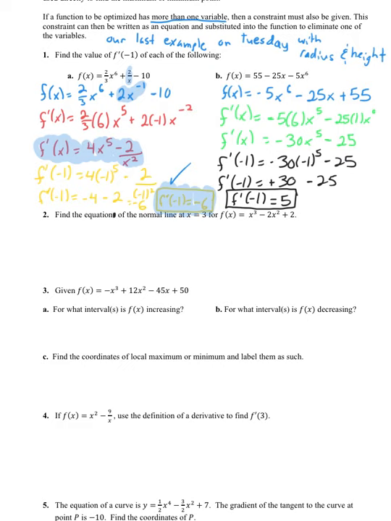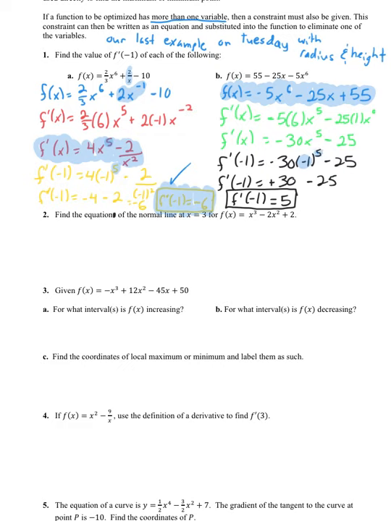For part B of problem 2, when I rewrite it, I just simply rewrote it in descending order because it wasn't in the correct order before. And that's just going to help me keep track of the variables a little bit better. And then I went ahead and solved. I got negative 30 x to the 5th minus 25. And all that happens when I have a negative 1 to any power, like it's the 5th power here as well, it's just going to change the